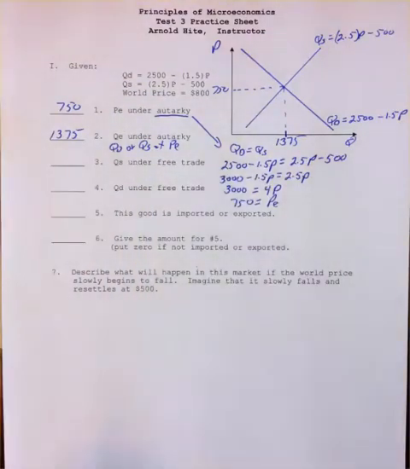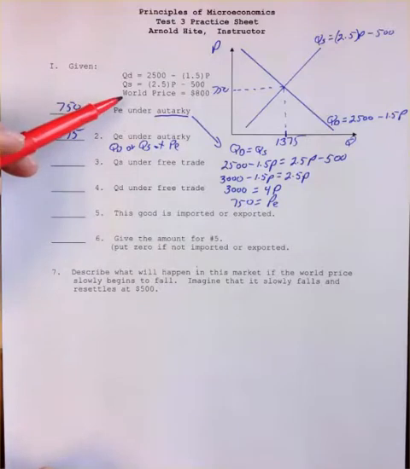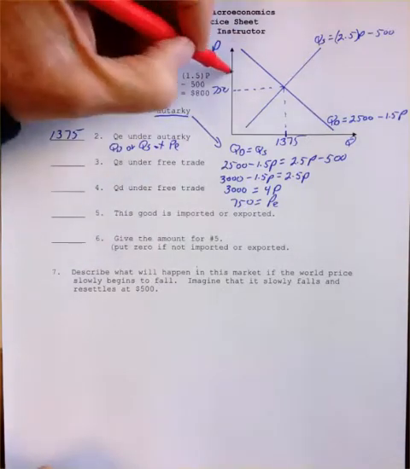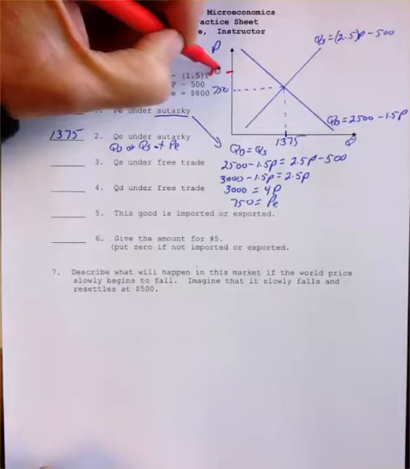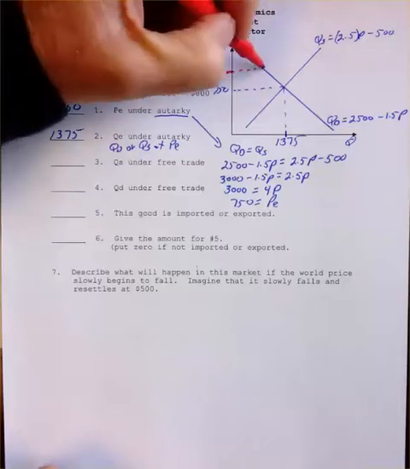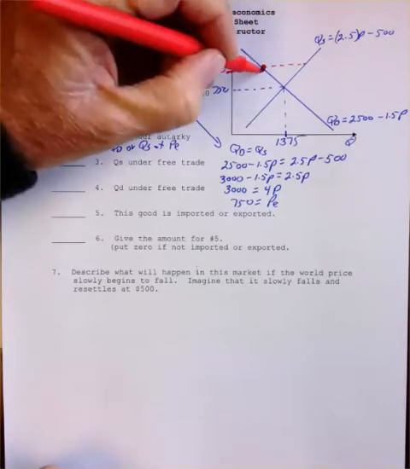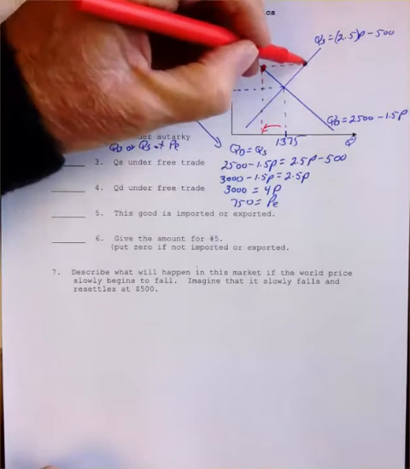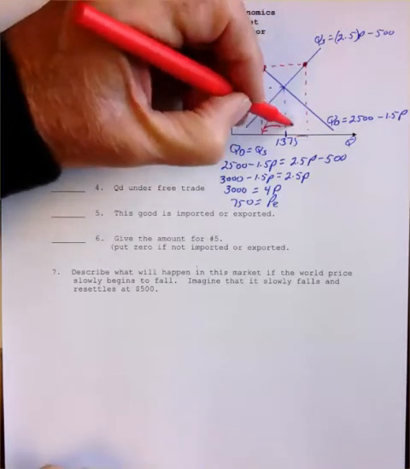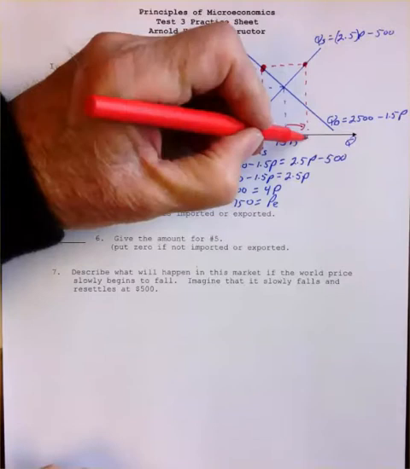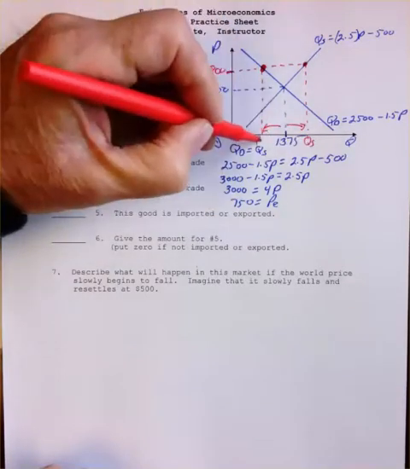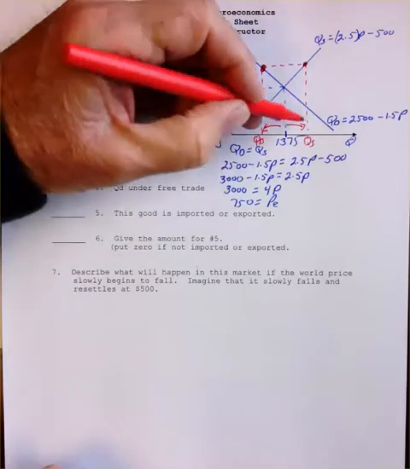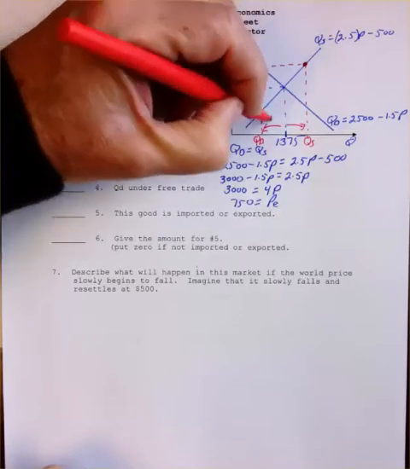Now it asks, okay, how will things be different under free trade? You have to look that the world price is 800. So if this is 750, the world price is up here someplace at 800. I hope you can see, without doing any algebra, that at the world price the quantity demanded is going to be less than it was before, and the quantity supplied is going to be more than it was before. So what's going to happen is we're going to produce more than we actually consume once we allow for world trade,